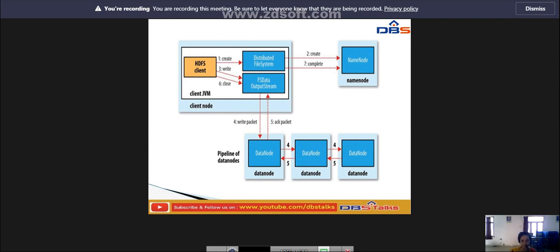So it is replicated into the data nodes and processed through the FSDataOutputStream. After completion of this, there is the acknowledgement packet. After receiving the data, the data nodes acknowledge that the packets have reached. After that it proceeds to the FSDataOutputStream. Then we have to close this operation, and it gives the complete information to the data node. So this is the working of it.